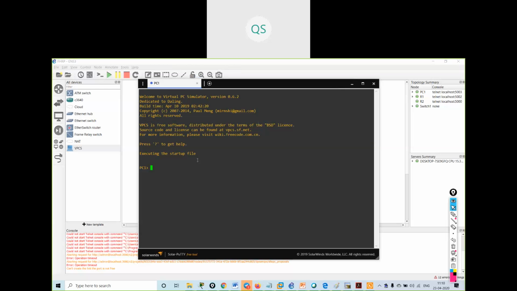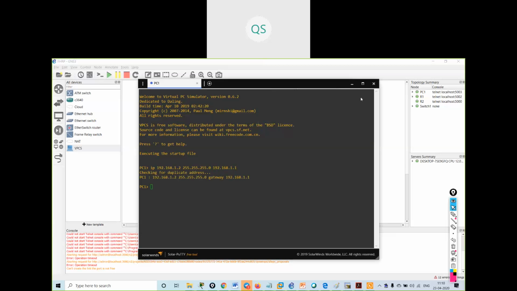Okay, I got the console of this. I will give the IP address 192.168.1.2, 255.255.255.0. The gateway will be 192.168.1.1. Okay, this is my gateway. It will check for the IP address.